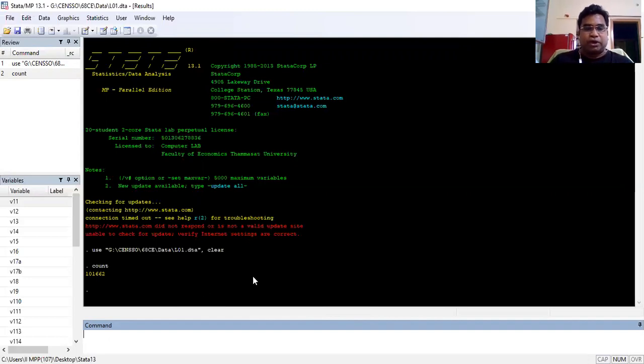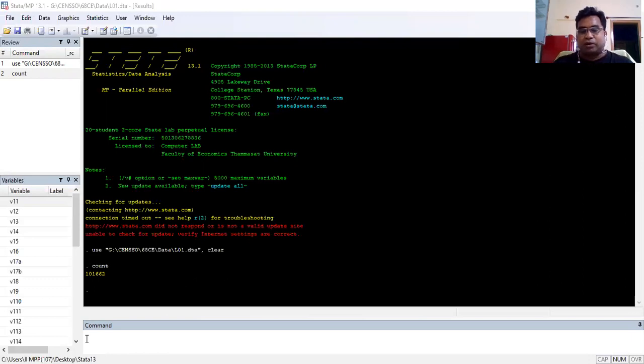So you can check the number of observations in each and every file by giving this count command as and when required. This is exactly the same number of observations as you have seen in the previous videos when I showed you the readme file.